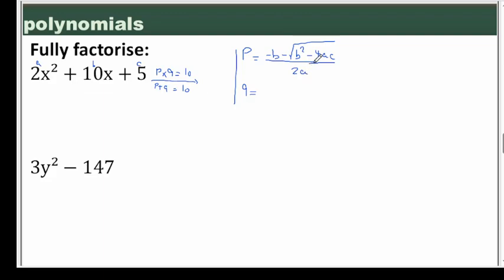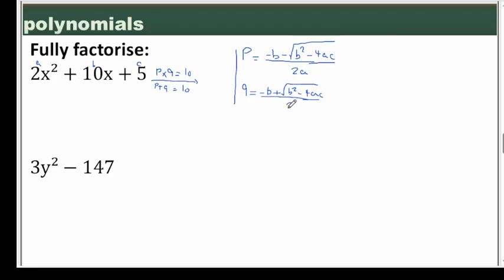You have to be aware that under this square root must be positive. If it's negative, we don't have any real numbers. So it would be positive. For Q it would be the same, only this sign would be changed: negative b plus the square root of b squared minus 4ac